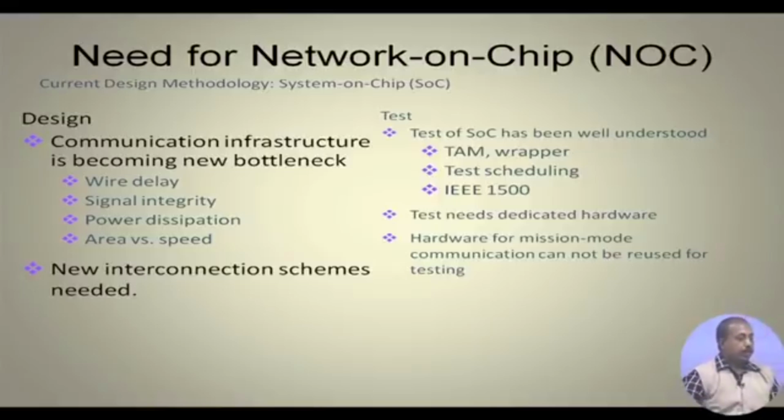So, for testing purpose, this was for the design side. For the testing side, test of SOC is well understood. We have seen how it can be done, like the TAM design, the wrapper design, then the test scheduling problem, and the IEEE 1500 standard. That has given the standard interface of these core wrappers. So, that way SOC testing is understood, but in case of NOC testing or this